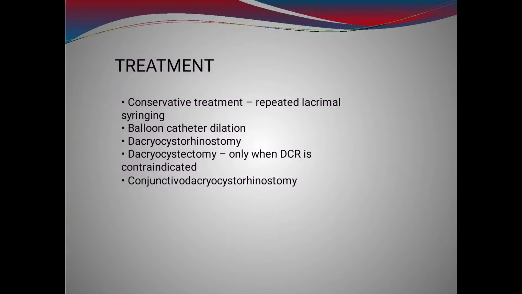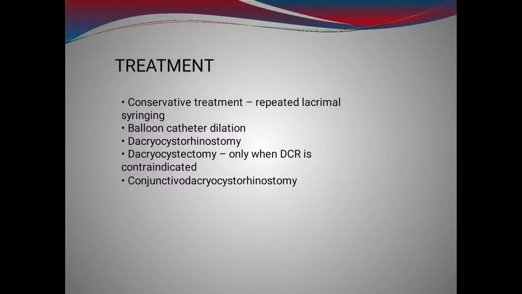So what do we do in dacryocystorhinostomy, friends? We want to clear that block. Basically, we bypass the blocked nasolacrimal duct, and we make a new channel for the tears to pass through by creating flaps of the lacrimal sac and flaps of nasal mucosa. We pierce the bone which covers the nasal mucosa, and we suture these flaps together so that the fluid passes through the middle meatus. So that is called dacryocystorhinostomy.